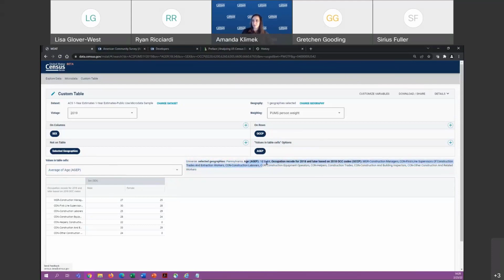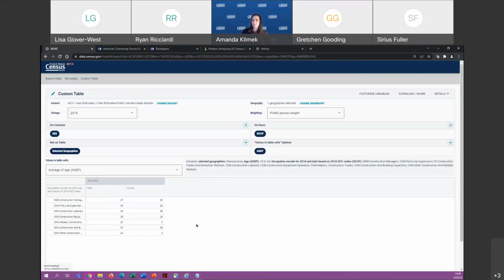We can see that the age category is limited to 18 to 34, and then we have all of these occupation codes that show these construction industries. So this is our very basic table that shows us a quick analysis of the construction industry. But what I notice here is we have the average age of all of the people who fit into these categories.